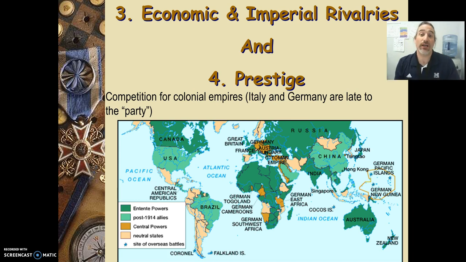If you were in a fight, which side would you want to be on, the dark green or the tan? And hopefully clearly you're not dumb and you say the dark green, because there's so much more territory controlled by the Entente powers. And this leads to World War I, because Italy and Germany want what Great Britain and France really have. And so to try and get the size of that territory, they're going to have to go to war with the people who control that land already to try and get more of it.